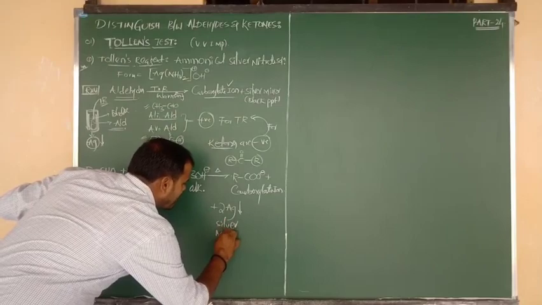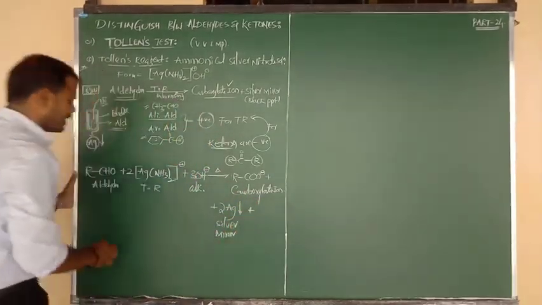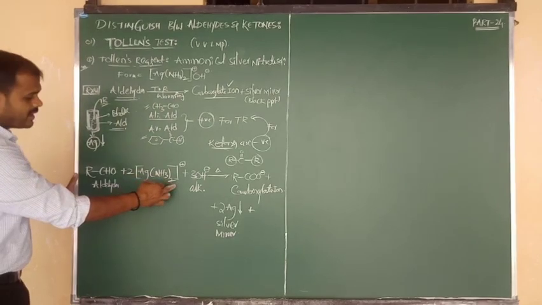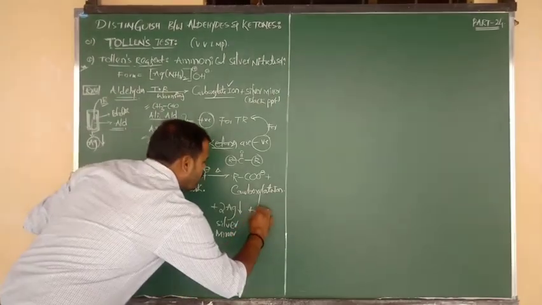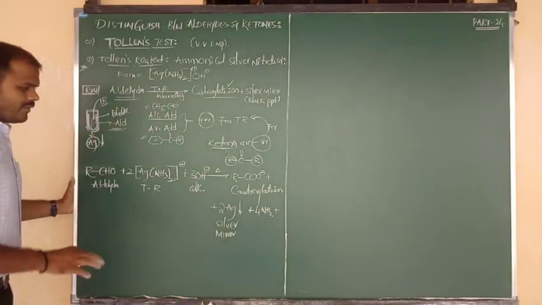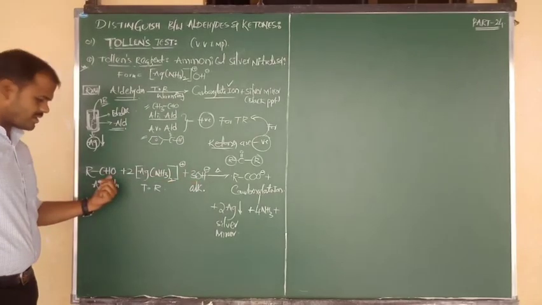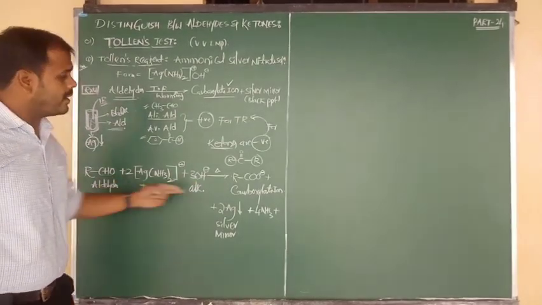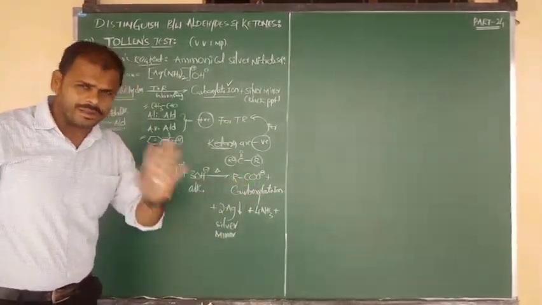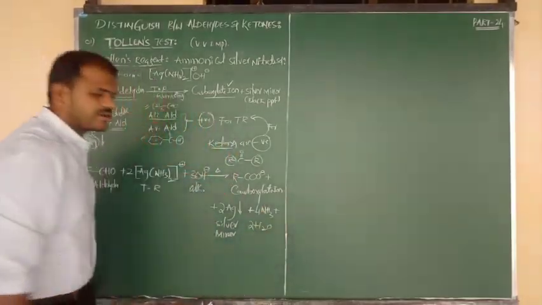And we can also say black precipitate formation. Plus we write the byproduct ammonia. 2 ammonias are there, 2 times 2 is 4, so we get 4 moles of ammonia gas. Next is the final balancing of oxygen. Here 3 oxygens are there and here 1 oxygen, totally 4 oxygens. Here we have taken 2 oxygens, and the remaining 2 oxygens are left, which we have to remove in the form of 2 moles of water molecules.